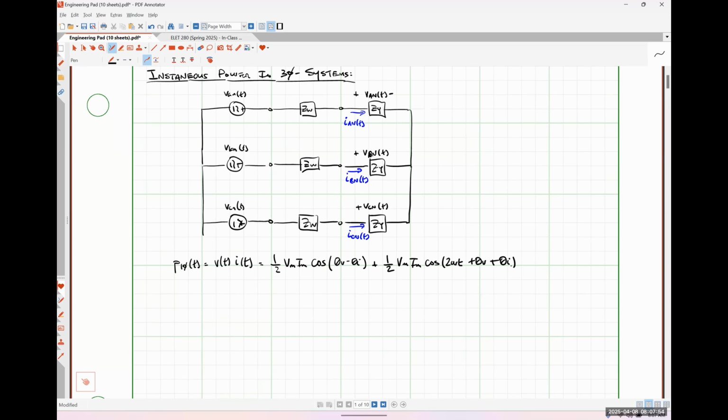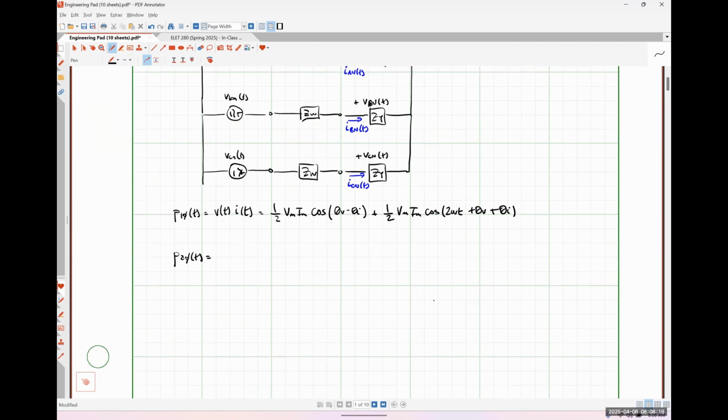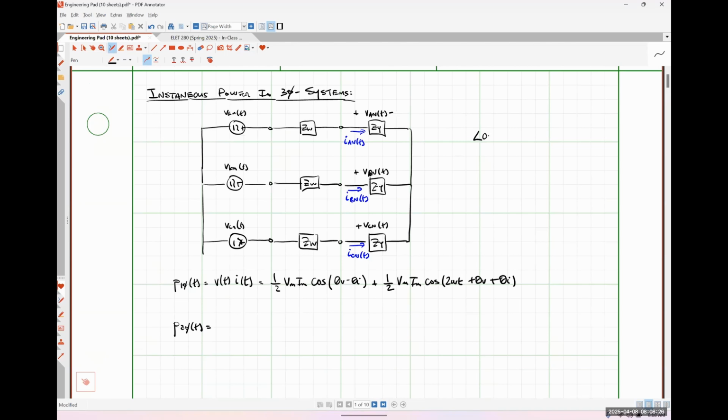Okay. Well, in a three-phase system, we are going to have essentially three instances of this equation, and the total power in our three-phase system is just going to be those guys added together. So I want us to see what happens when we look at that, okay? So for our three-phase system, I'm going to explicitly say that the phase angle of VAN